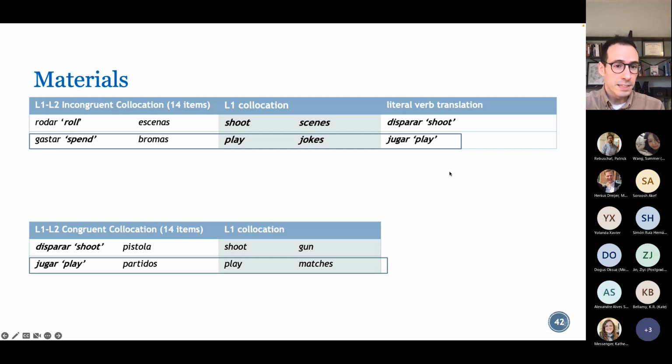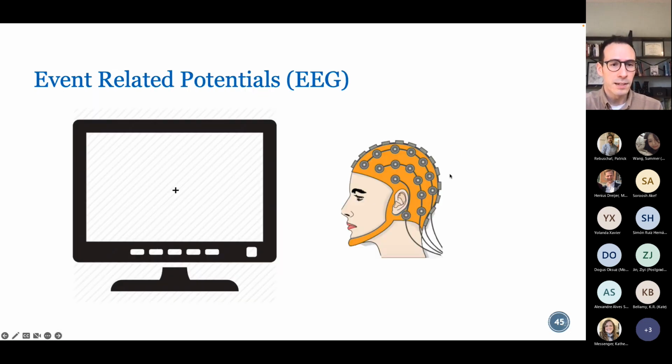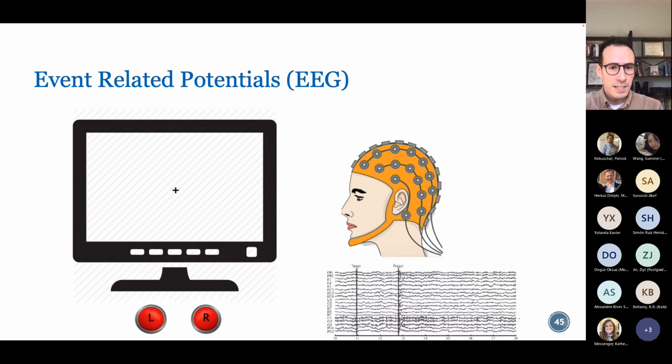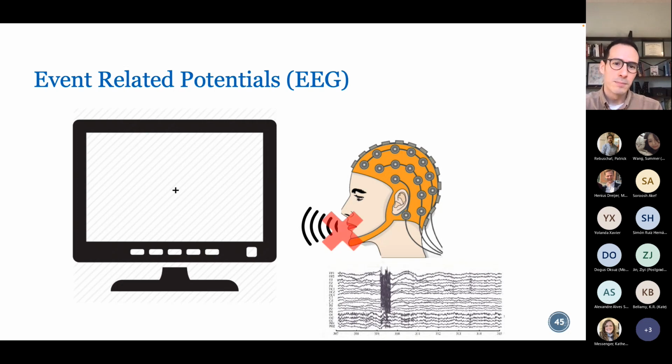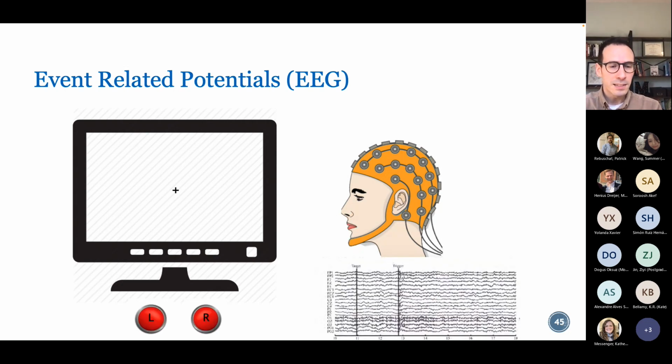Everything else really was the same as in the first study I described in terms of the materials. The main difference was in how the task itself was conducted. We recorded the EEG, and so in this case we had participants press buttons. It's usually not a great idea to have participants speak, to the extent that it can be avoided, as you're recording EEG, to avoid other artifacts in the signal.